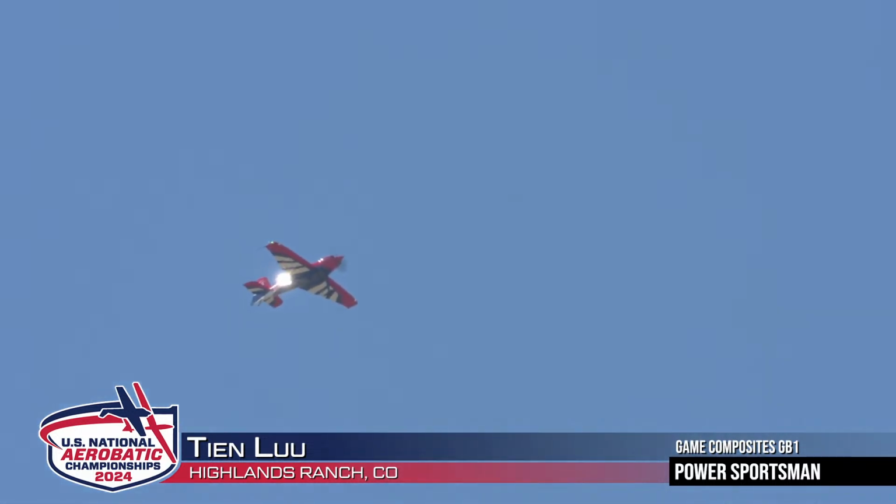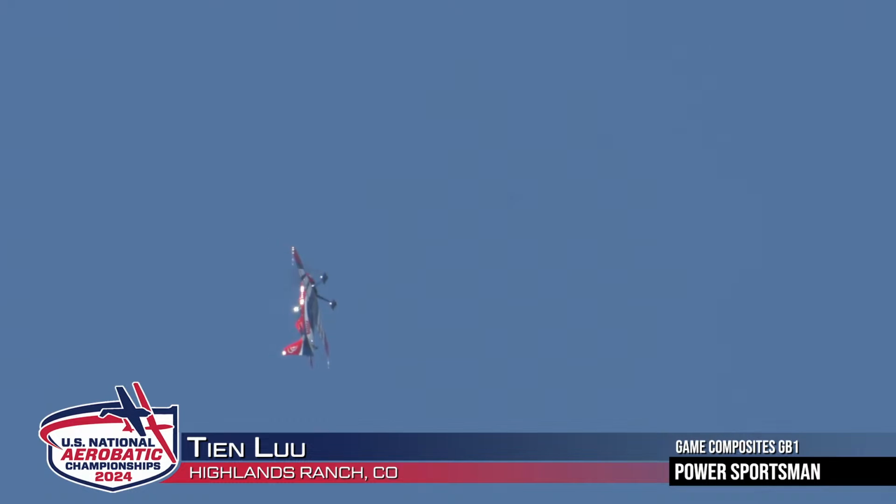Okay, folks, here comes Tien Luu in the Game Bird GB1. Coming across the box, lots of energy. Pulling vertical, beautiful vertical line. He's going to cap off upright, setting himself up for a spin. Coming across the box, getting his positioning just right, looking left and right out of that GB1. Power's coming off. Six coming back, left foot, half,